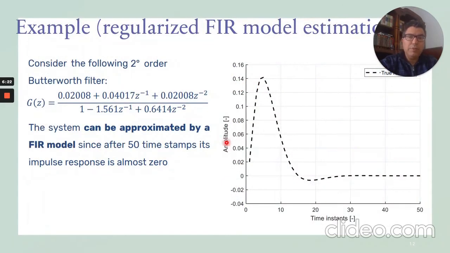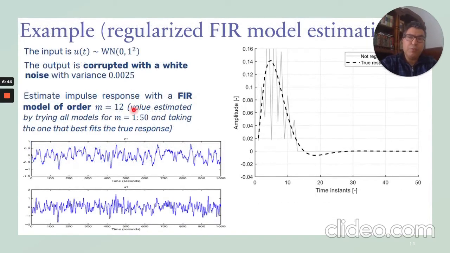So now I would like to see in practice how this regularization can help for this system. If we take this system here, this impulse response is the true function, which came from this transfer function G, and we're trying to estimate it. So we're going to use the FIR model to estimate this impulse response. First we use some input U, given in this picture, with variance 1, and we take the output and corrupt it with noise of variance 0.025, and this is the signal Y.